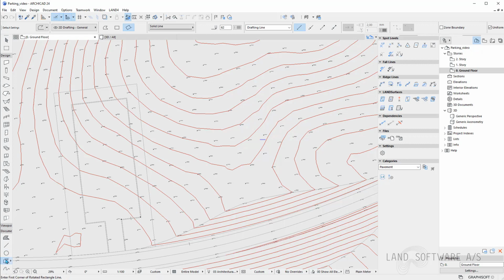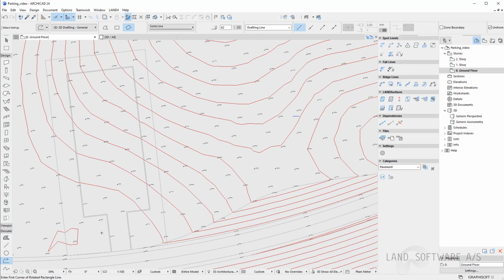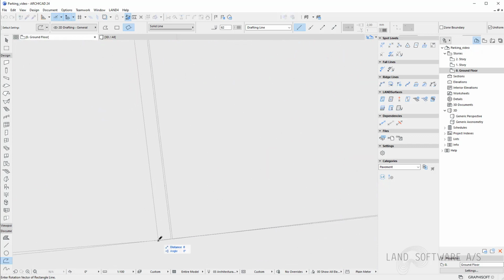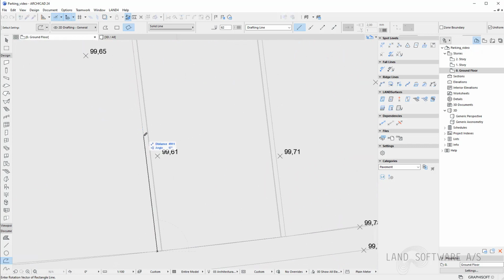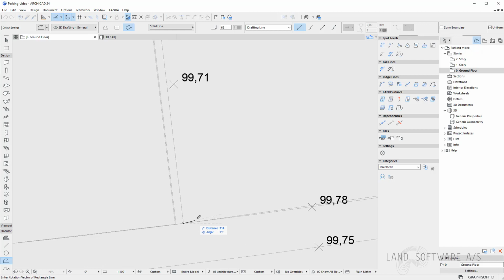And I can start by designing maybe an alley here. I would like my pavement to have maybe a 1 meter width alley and then continue along the parking lot. So I can maybe add something that should be 5 meters long and 1 meter width, and do the same on the other side.